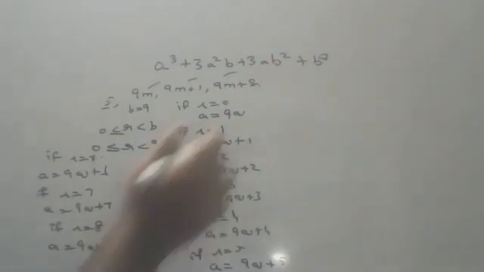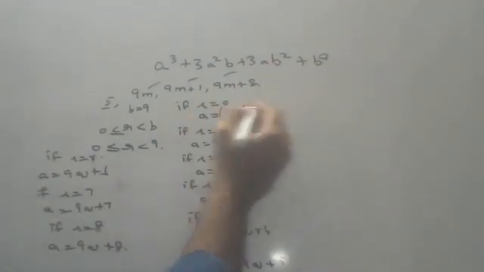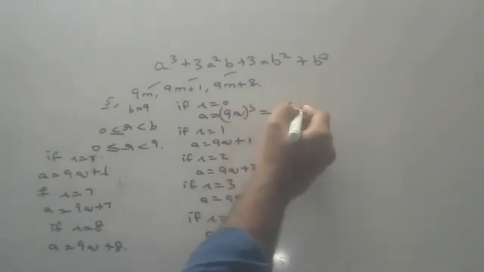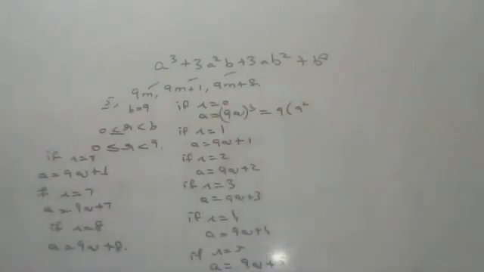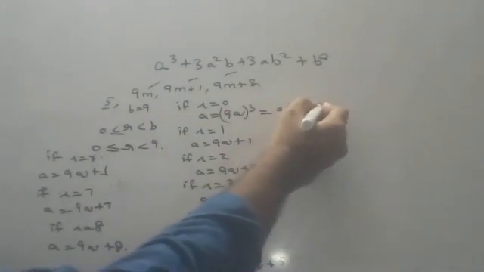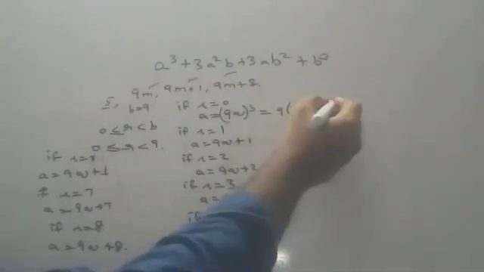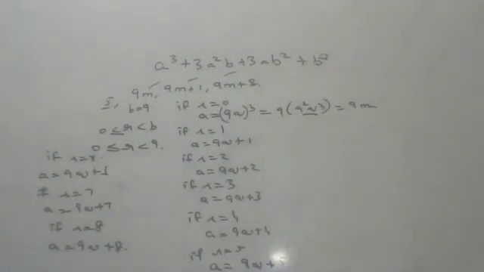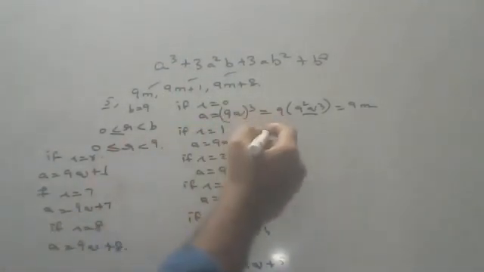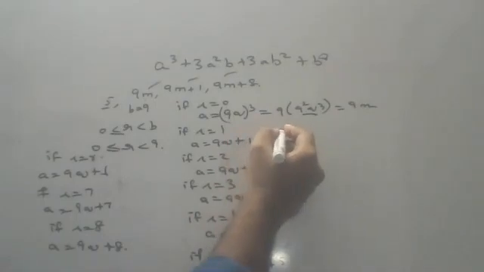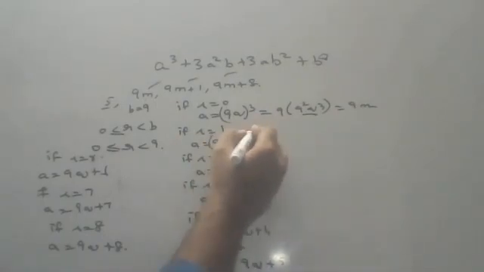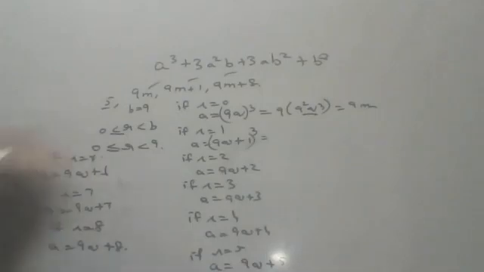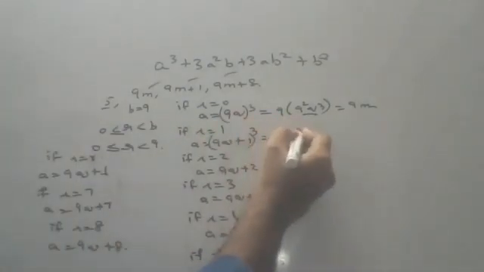First one, cubing on both sides. Take 9 common. After taking 9 common outside, 9 square cube will be inside. That I will take as m. And the first one is very, very easy. First one is always very easy, children. Second one, from here onwards, the actual story will start, children. Please don't get confused. 9 cube plus 1 whole cube, a cube. Please, children, don't panic. See here.